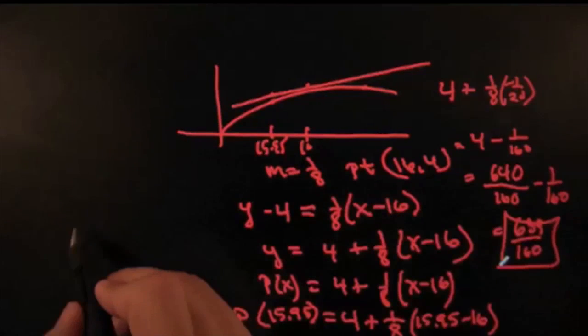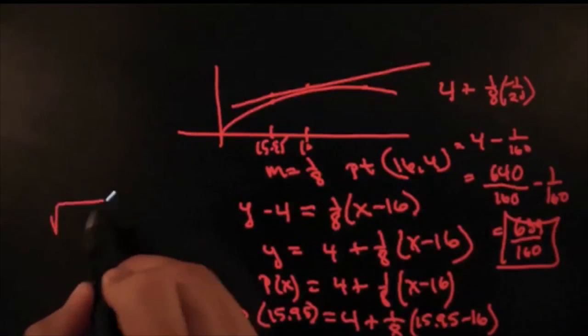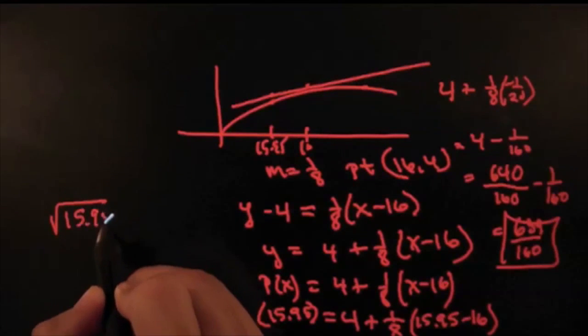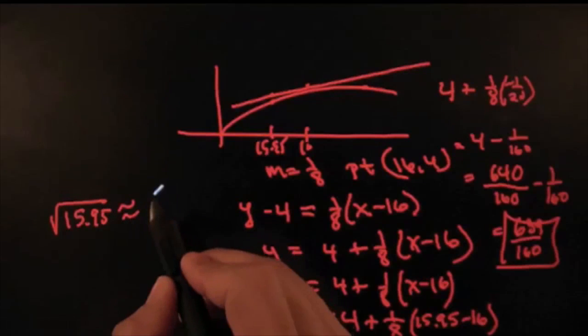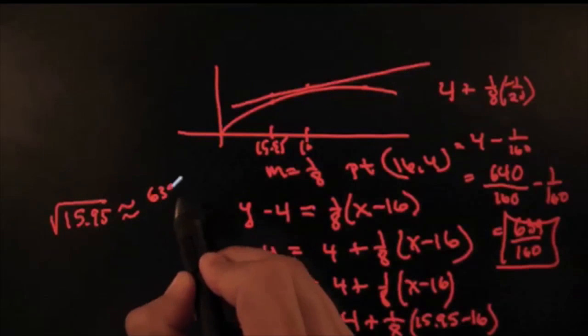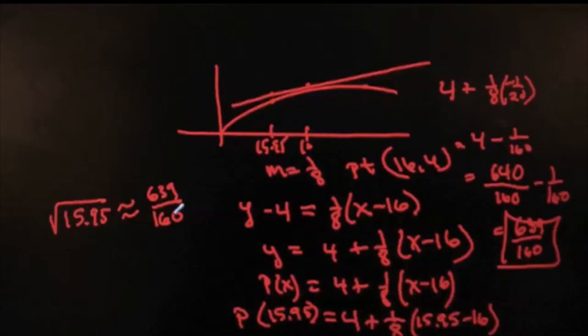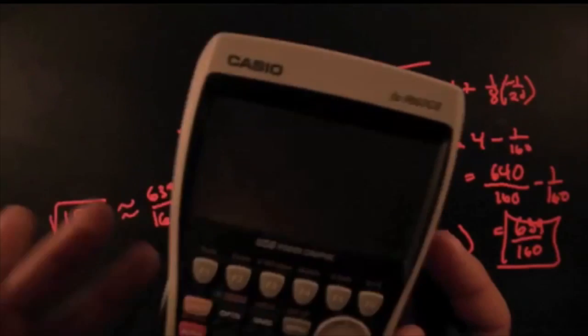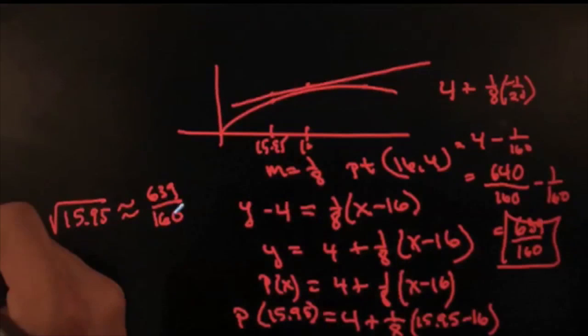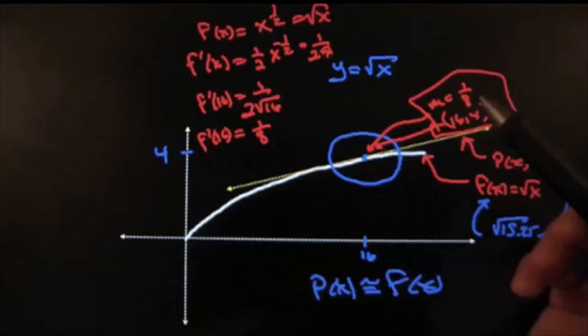Think about what we did. I just wrote that the square root of 15.95 is approximately equal to 639 all over 160. Just like that. Did I use a calculator? No. It's the little pride and noodle power. And I use these crucial ideas here. The fact that